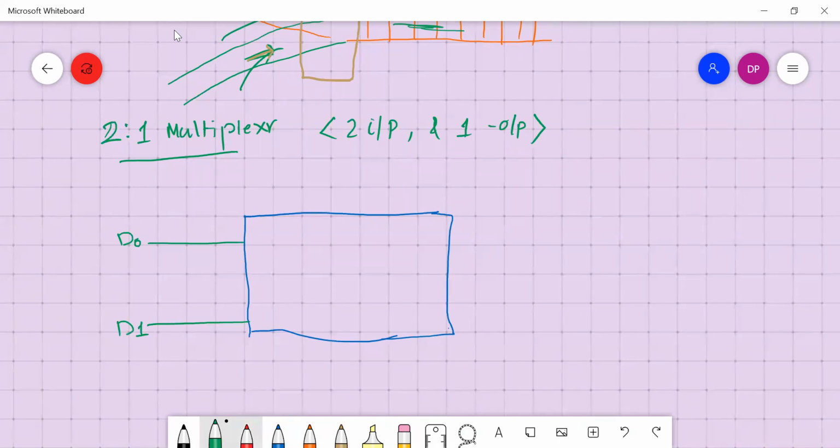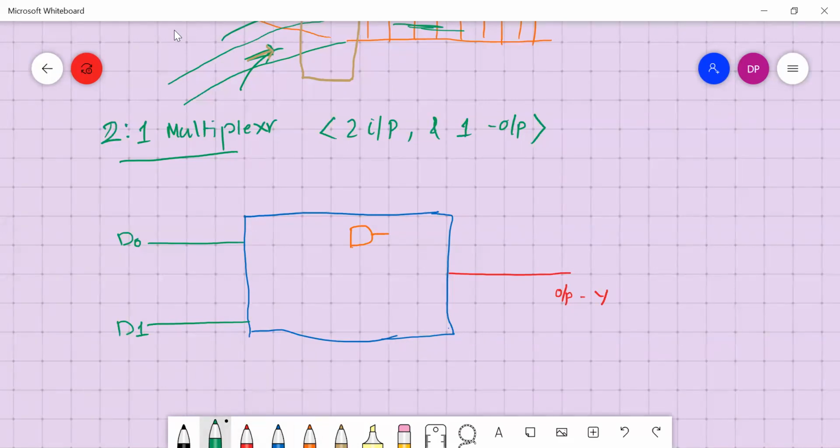I have an output, which we call Y. And in order to implement this logic, I will take two AND gates first of all. So let me take an AND gate over here. I take an AND gate over here.